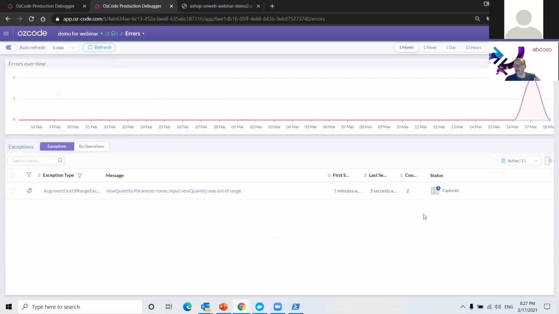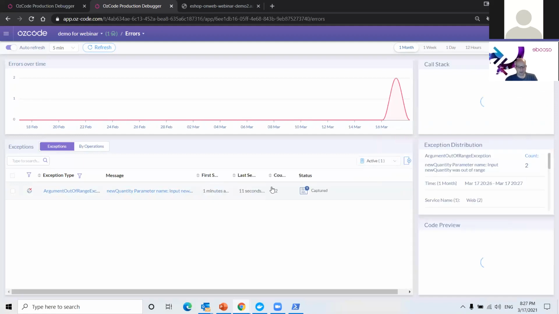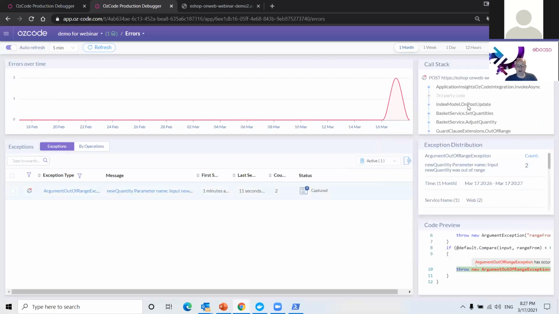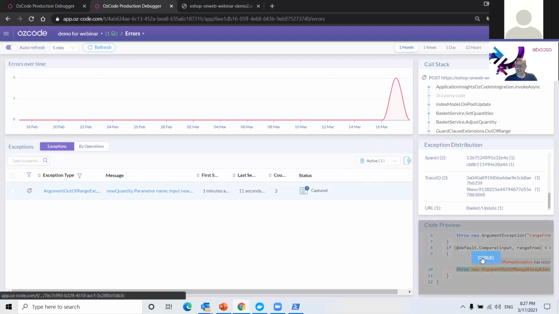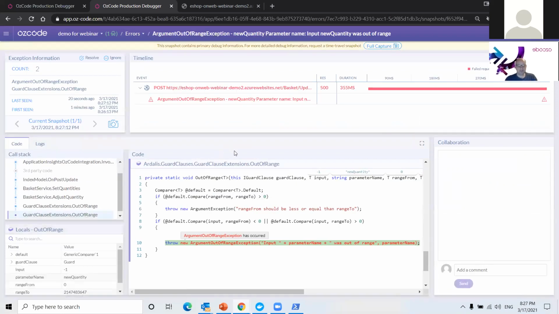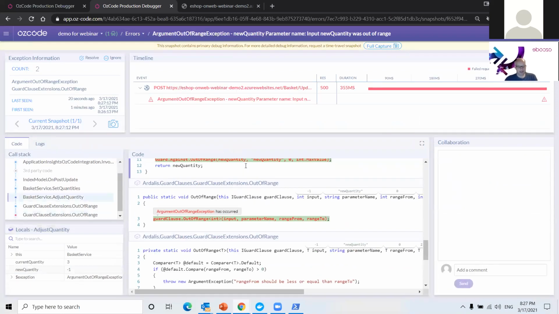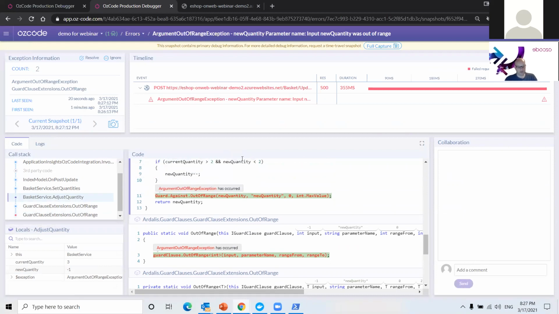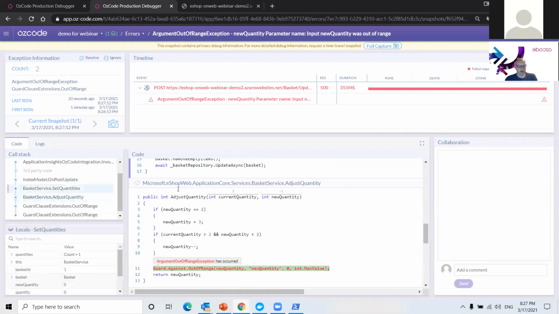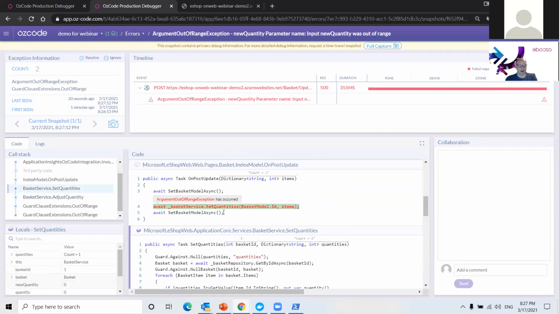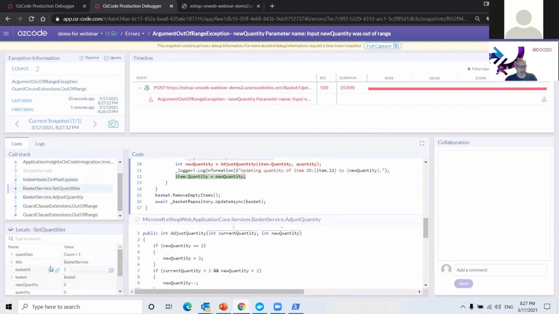Wow. And now, when it's actually captured, when I click in the exception, I can see the call stack. I can see all the same things that I would have been able to see in an error monitoring tool. But I can also go in and debug. And when I actually go in to debug this exception, I see an enormous wealth of information, right? I can see the call stack and the actual code that triggered the exception. And I can see all the local variables for every particular moment in time here.